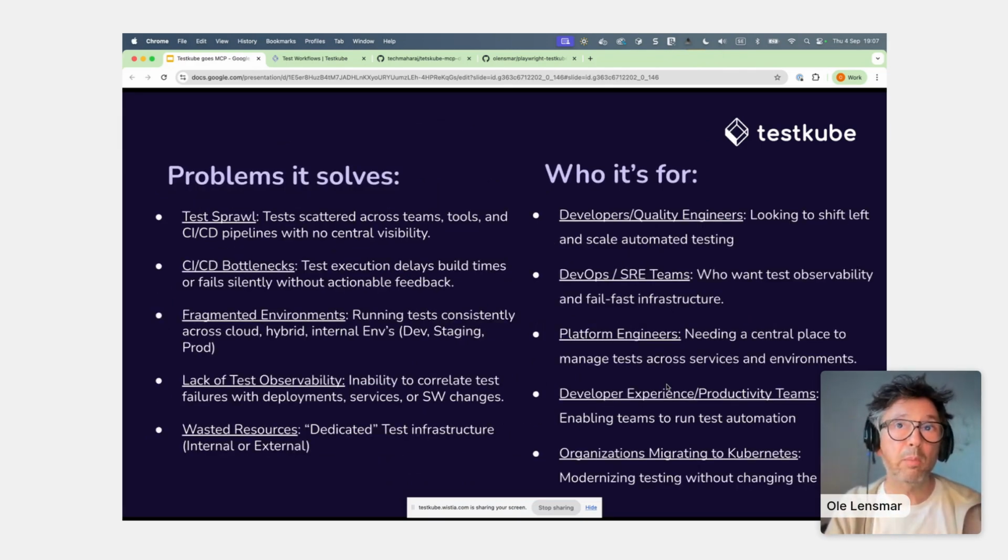It solves a lot of problems, at least that's what we'd like to think, related to test sprawl. If you have tests sprawled across multiple teams, tools, components, CI/CD pipelines, it helps with CI/CD bottlenecks where CI/CD tools are not always great at scaling out your tests. It helps if you have fragmented infrastructure environments, if you have lack of test observability, as I